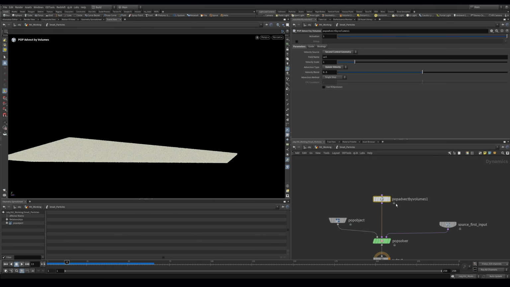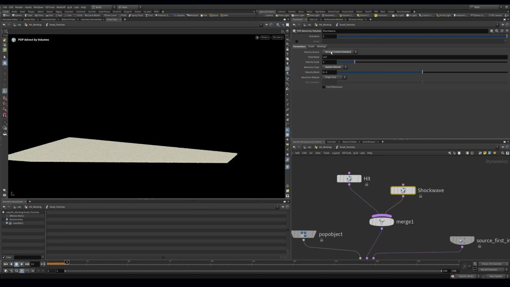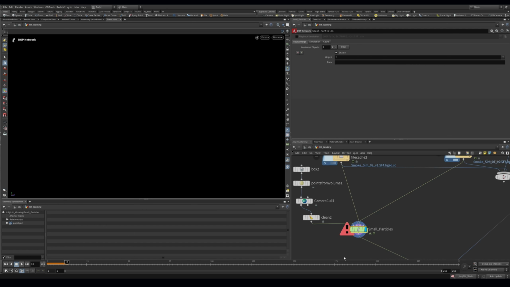So what I ended up doing was just adding a second pop advect by volumes, and you can merge them or put them in line. Sometimes it's nicer to merge them. It looks a little neater. So this one I'm going to say is the hit, and then this one will be the shockwave. And this is going to be the third context geometry, and I'm going to make this one a lot lower. And if we take a look now,